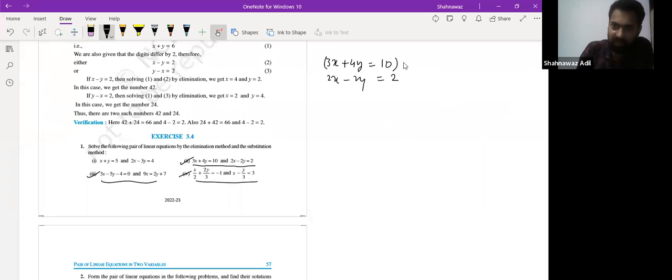First with 2 and the second with 3. Right. So this will be 6x plus 8y, right? And this will be 6x, 6x. So minus plus minus, right? So this is